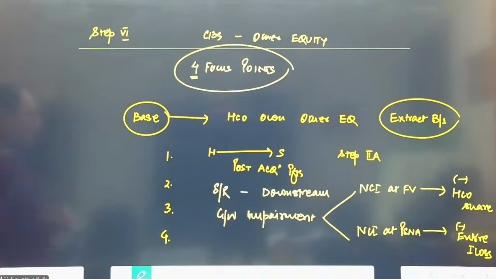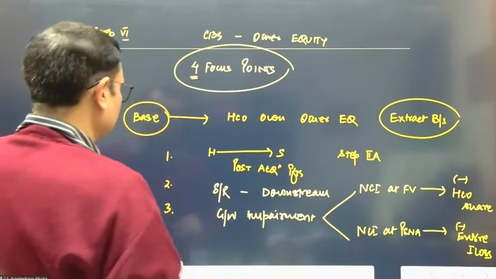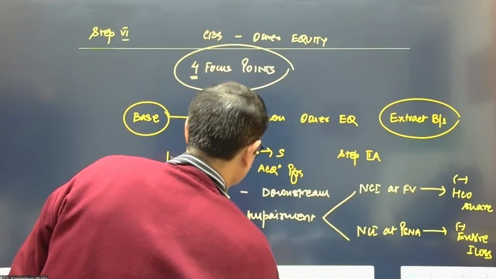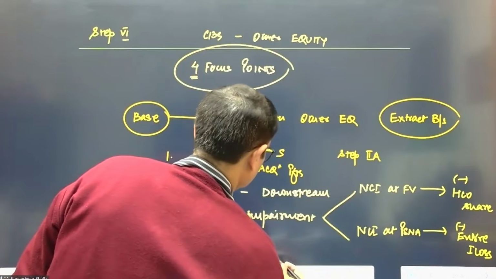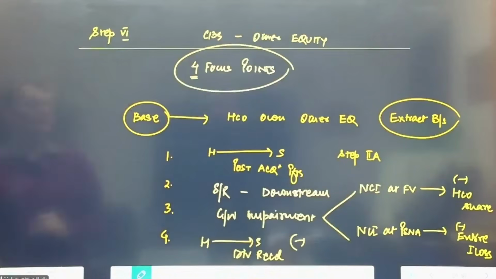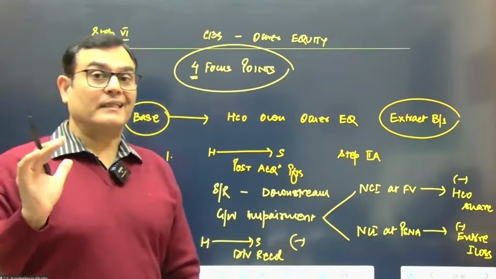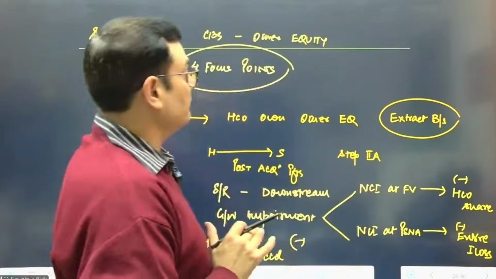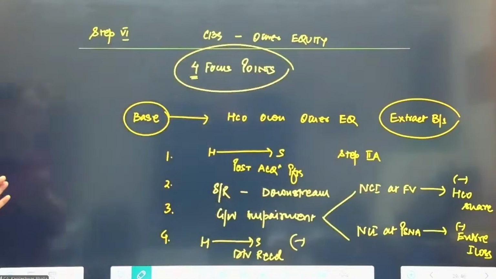And then the fourth focus point, which you will see only when dividends are given. Whatever dividends holding received from subsidiary will be eliminated from this other equity, because it's not an income from the group point of view. So I think that takes care of step number 6, the focus points. I've tried to incorporate all the adjustments at various places to keep them as focus points. I hope this mind map helps.